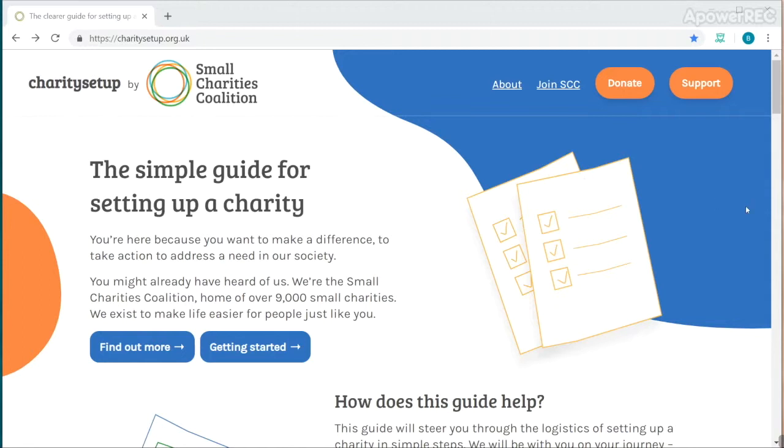Now, at the Small Charities Coalition, over 40% of the queries on our support line are about setting up a charity. It's become quite apparent to us that there's a huge need for support in setting up a small charity. There are so many contradicting and confusing articles online about the different areas that are required to set up a charity. That's the main reason why we've tried to address this by working with CAST to create this